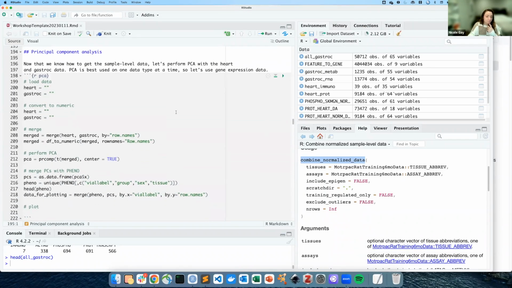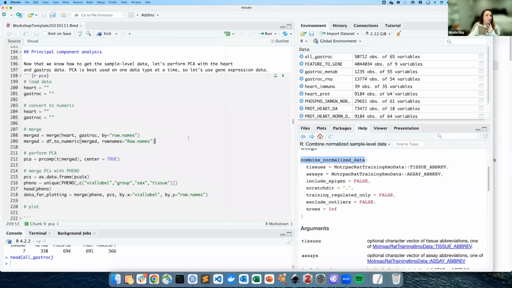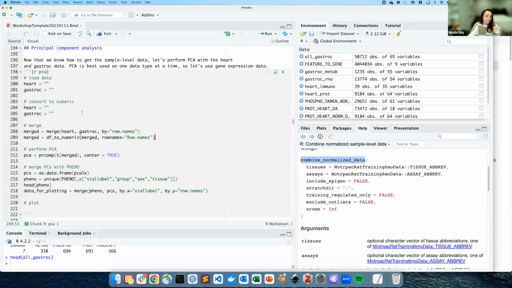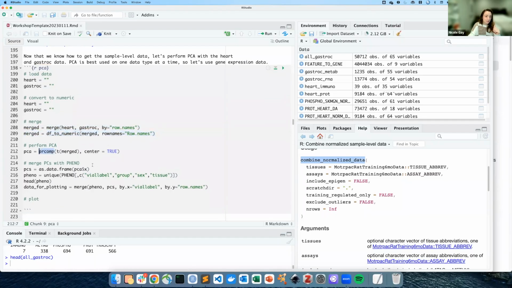I don't think principal component analysis is the most interesting thing, and that's not something that's unique to this package. So I'm going to skip this section. We can come back to it if there's time, but this is just to show how you can easily format the data to be readily input to PCA, and